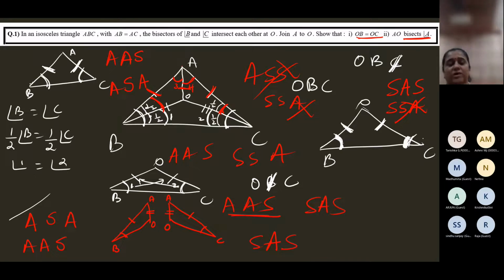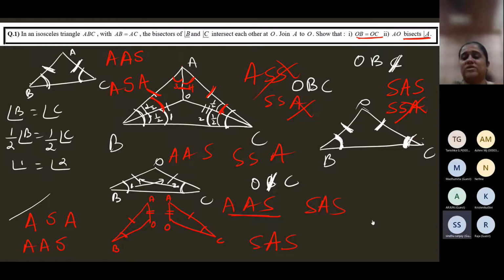What else? What is the other way? Which information can be replaced? Correct. Okay, Sanjay is right. Sanjay says take away the angle. You said angle B is equal to angle C. So remove that information and write OB is equal to OC. That will make SSS. Correct. Then, SAS, ma'am. So which information should be replaced with which information?